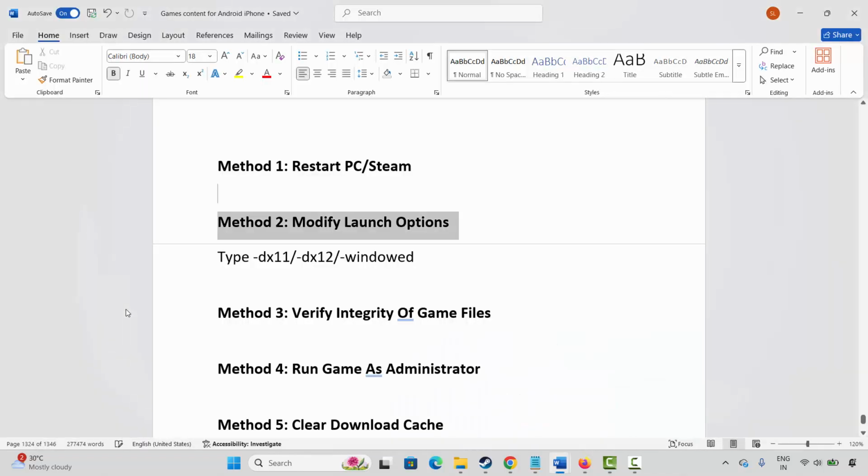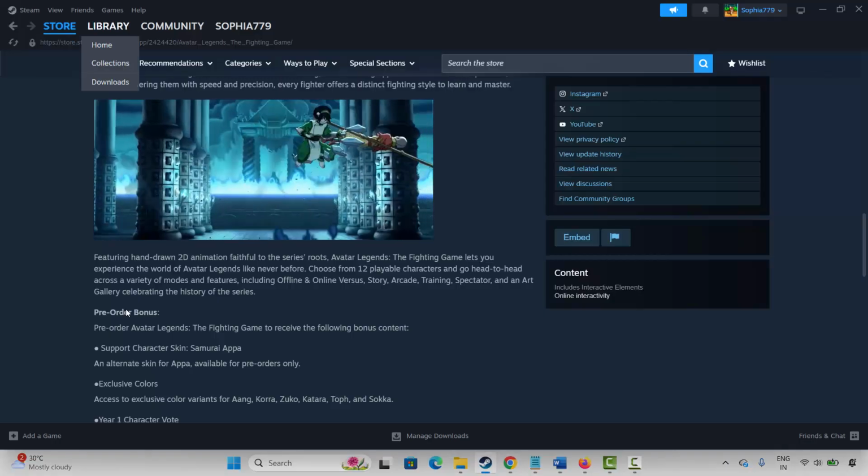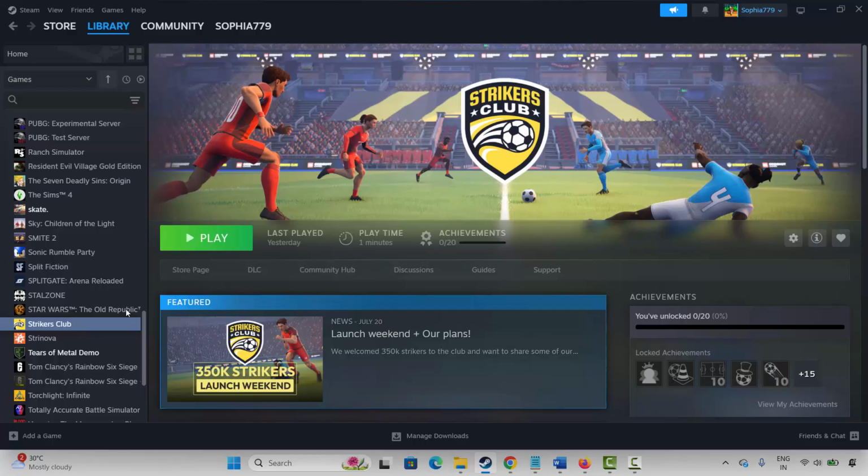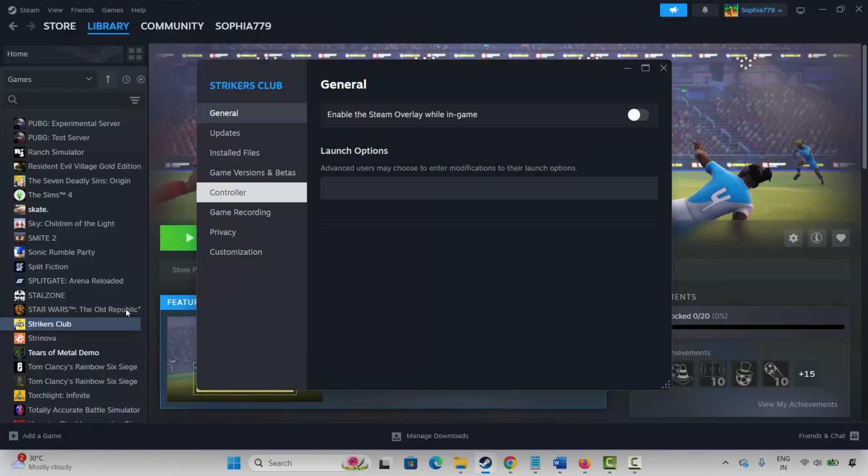If not, next method is to modify launch option. For that, you have to go to Steam under library section, select your game. Here I am showing an example. Now right click on it, click on properties. Now under general here you have to type -dx11 and then launch the game and see if it helps to fix the issue. If this doesn't work, come back again, type -dx12 and then try to launch the game and